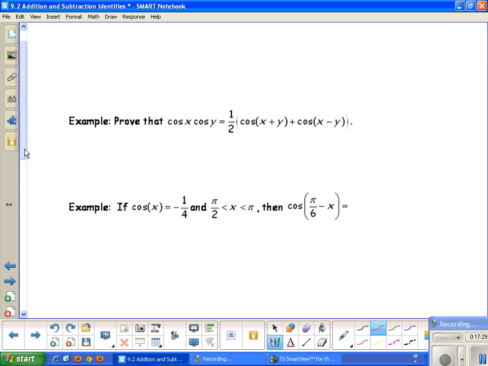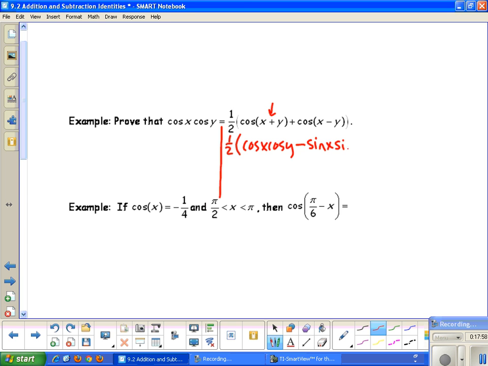Now for this next example, it says prove that the cosine x cosine y equals 1/2 cosine x plus y times the cosine of x minus y. So this is when we can use our identity. So we are verifying this algebraically. So I can use those new identities that I just learned. So this would be 1/2, and notice I have cosine x plus cosine y, so that would be cosine x cosine y, and if this is plus, this is minus